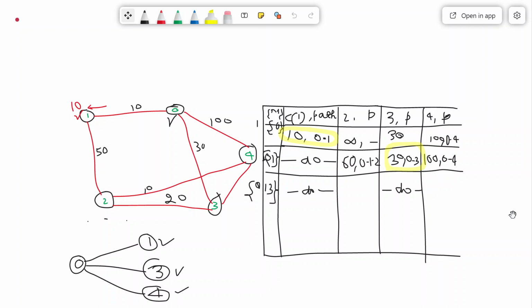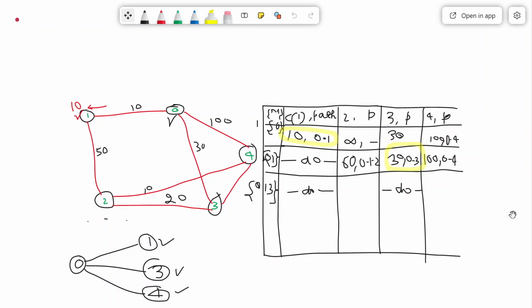Now since 3 is there, from 3 we can reach 2. What is the path length? 0 to 3 and 3 to 2. Total length is 50. And what is the length already? 60. So 50 is less than this.